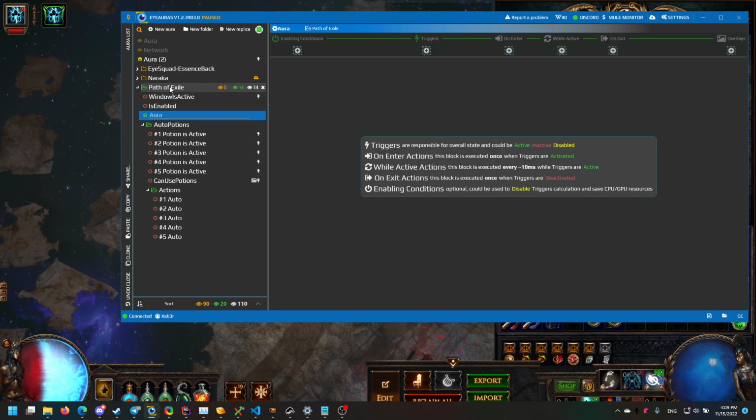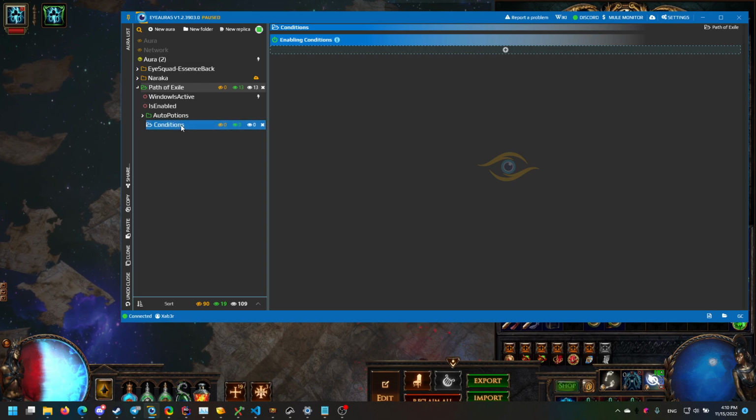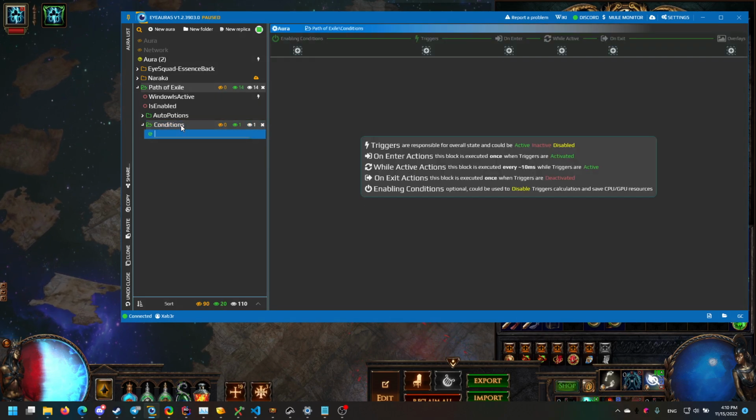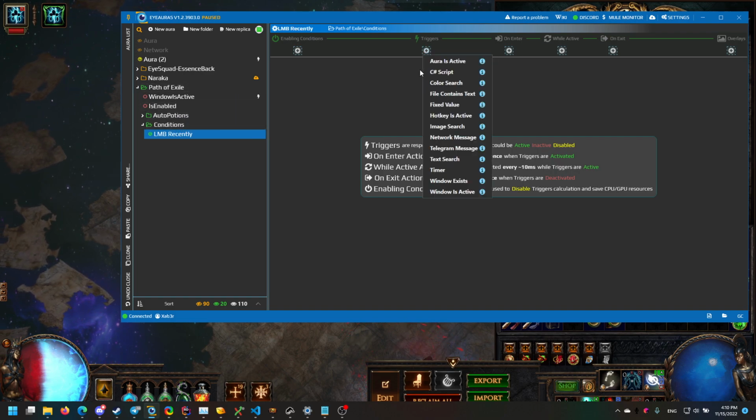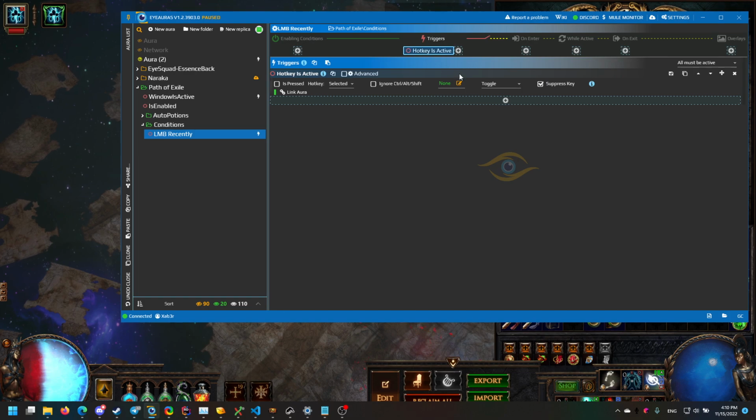And condition, let's add a separate folder called conditions. I created it, and our condition will be LMB recently. We will use the same notation that Path of Exile uses, and recently means that LMB was pressed in the last 3 seconds. And to track this, we'll have to add hotkey is active, and we will have to change